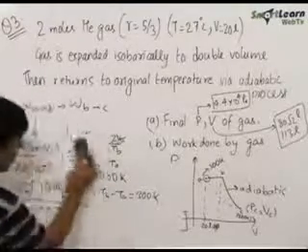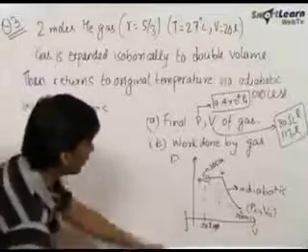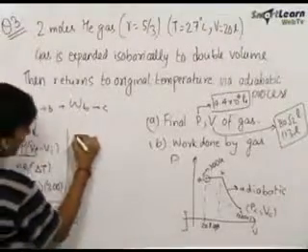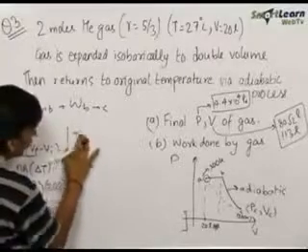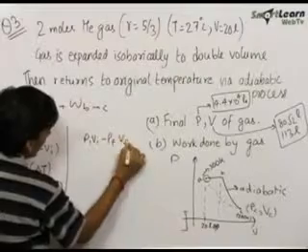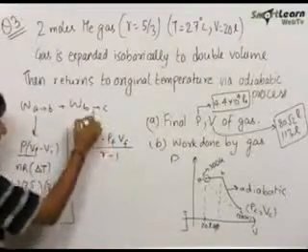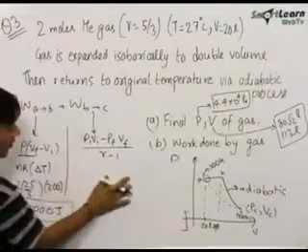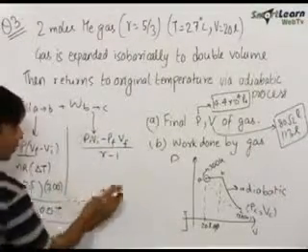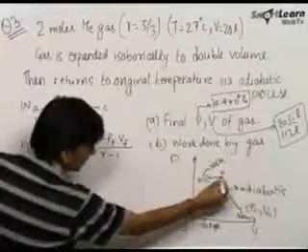Now we need to find out work done by the gas from B to C. Now B to C is an adiabatic process. For an adiabatic process, work done can be directly written to be equal to P initial V initial minus P final V final upon gamma minus 1. It is important to remember this formula. The work done by the gas is equal to P initial V initial minus P final V final upon gamma minus 1 in the case of an adiabatic process. Now P initial V initial, that is PB VB.